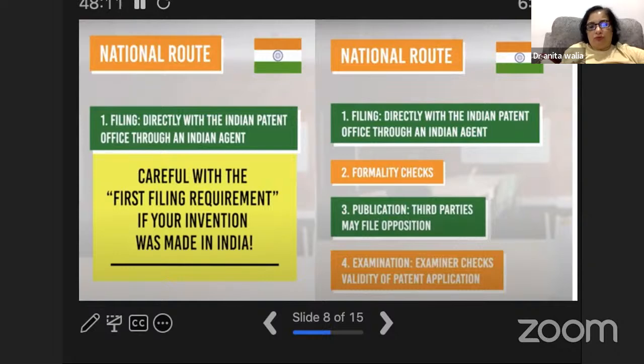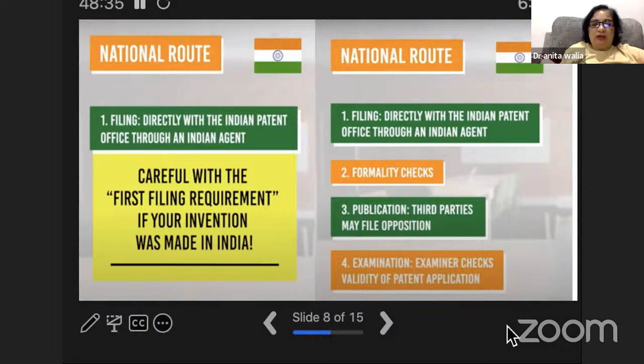There will be a patent examiner from the government who will be appointed to decide whether to accept or refuse. If the patent examiner accepts, then your patent is granted. But if it is not accepted, suppose they reject it or there is a negative finding, then the applicant can apply again within 6 months with a counter argument.